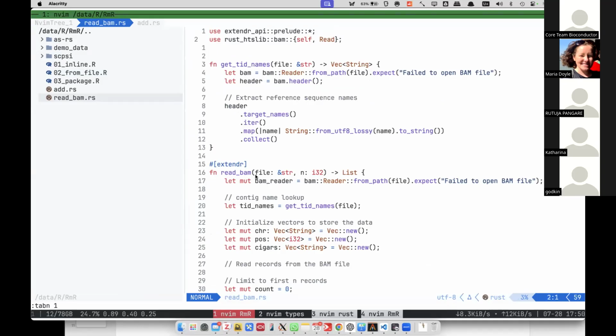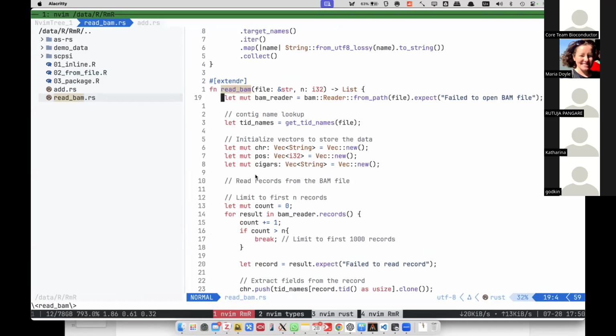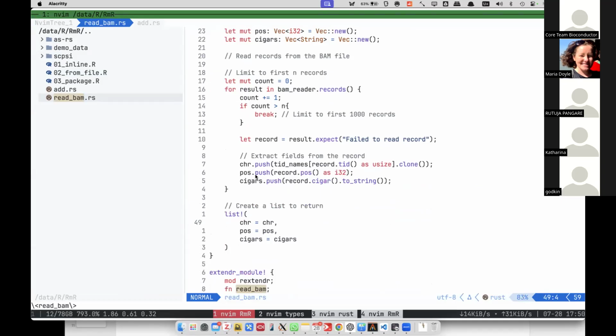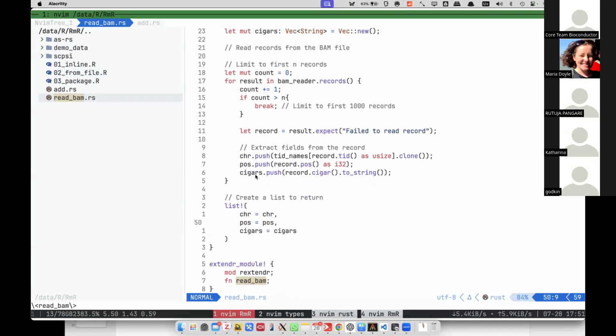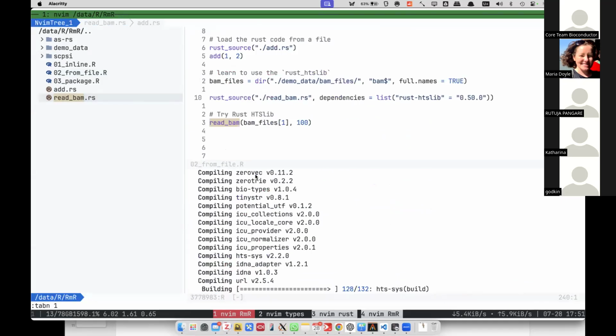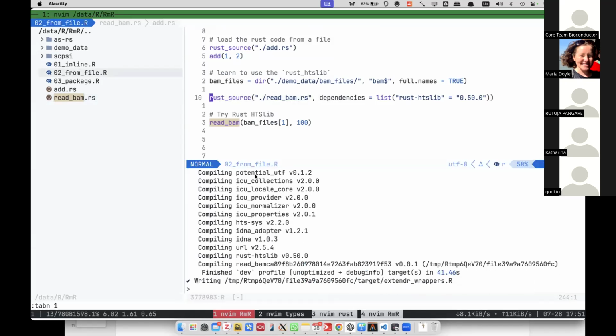In the Rust code, we just define a read BAM function, which will read from a BAM file, one BAM file, and it will output a list object in R with the reads' chromosome locations, the reads' mapped position, and the CIGAR, which is necessary to calculate the PSI.